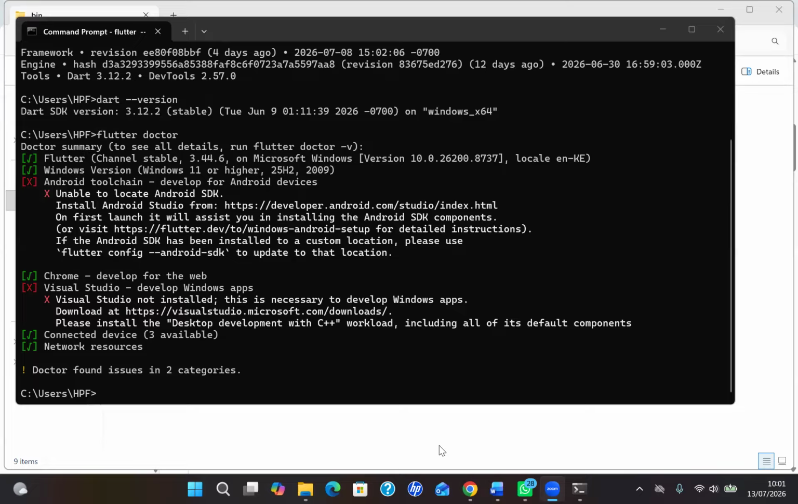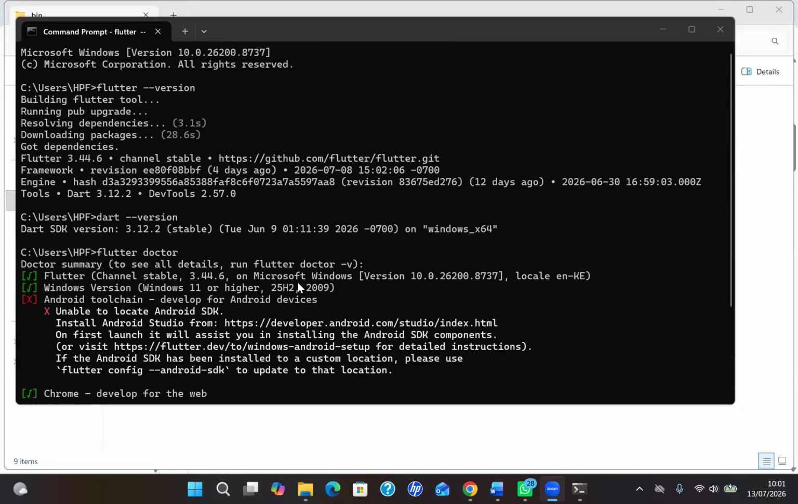Okay, so let me just think, there are some questions here. Let me check. Why does it say Visual Studio Code is not installed? This is necessary to develop Windows apps, yet I have Visual Studio on my laptop. Okay, so